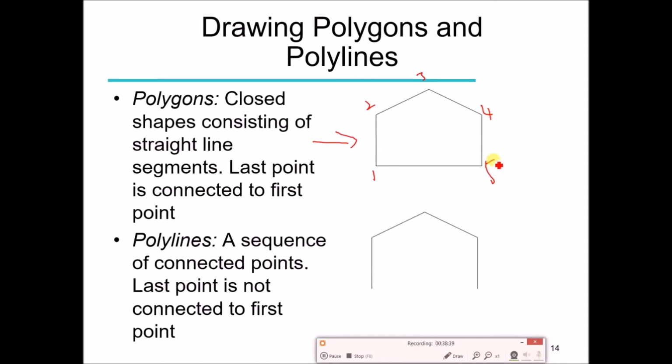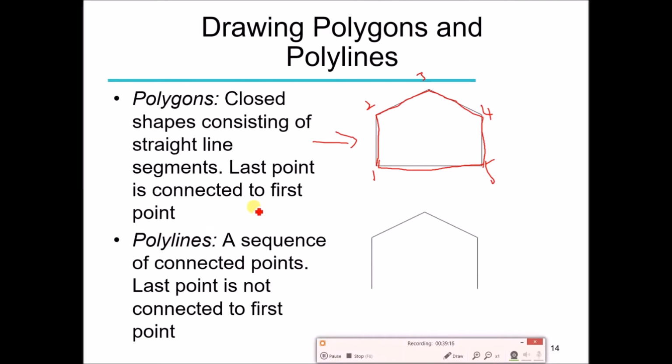So what the user has to do is provide the values for these vertices, and every vertex will have two values, the x coordinate and the y coordinate. Java is going to draw the line between the adjacent vertices. For example, it is going to draw the line or the edge between vertex 1 and 2, then between 2 and 3, then between 3 and 4, and then between 4 and 5. Now 5 is the last vertex. So in the polygon, the last point is connected to the first point. That is, the last vertex is going to be connected to the first point. So it is going to be the polygon.